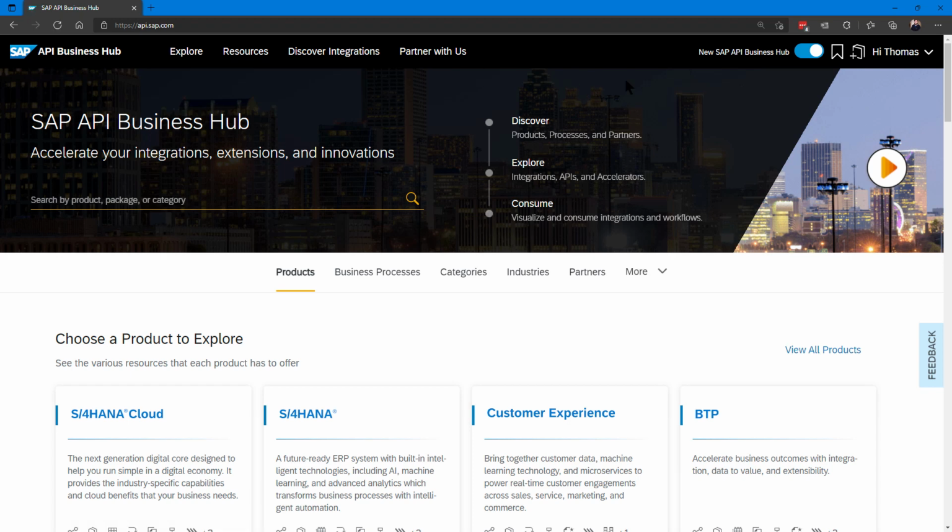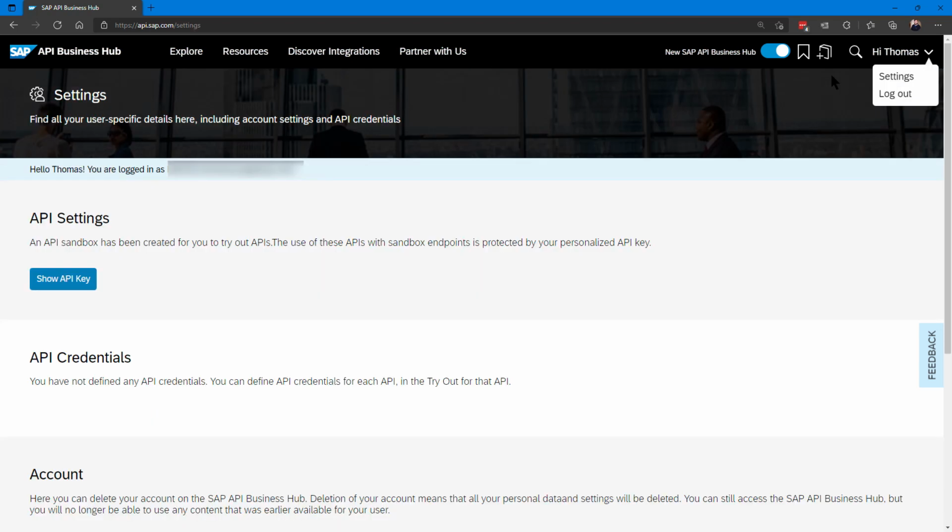So once you are logged in, you can come up to Settings, and you can click this button and it will show you your API key. I'm not going to bring that up right now, but later I'll show you in our Cloud Application Programming Model project where we're going to use that API key